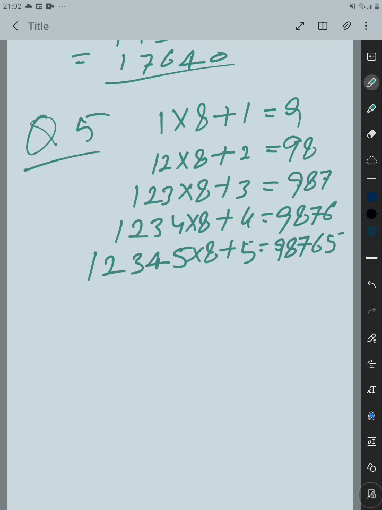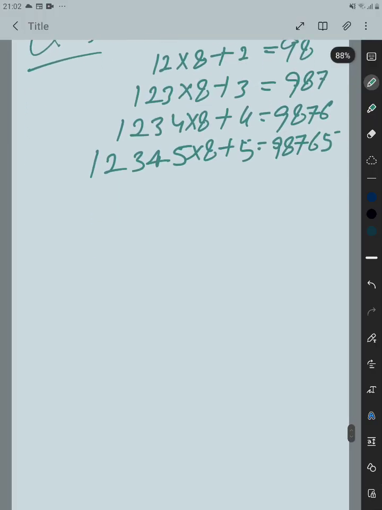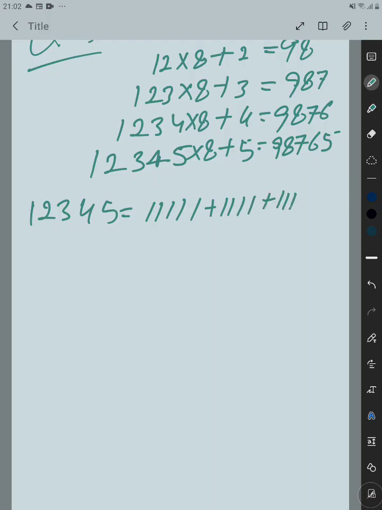Okay, so what they are telling us, and some hint is also given, is that 12345 equals 1111 plus 111 plus 11 plus 1. So this is a hint that is given in the question, and here is the